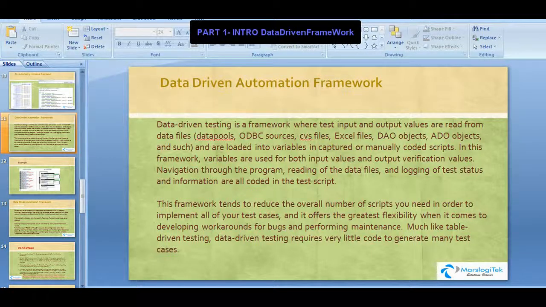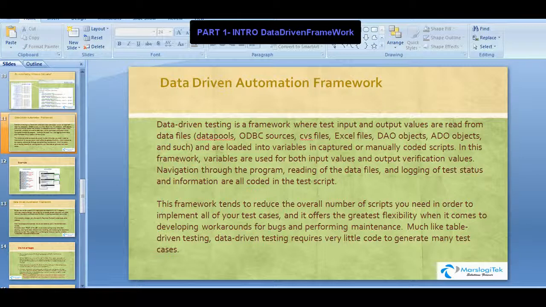Hi everyone, welcome. In today's session, we'll talk about how to implement a data-driven framework through Selenium. We already covered a lot of videos on how to automate using Selenium, TestNG, and everything. So by this time you know everything: what is TestNG, the XML file, how to run from a batch, and also a couple of scenarios of how to automate through Selenium WebDriver.